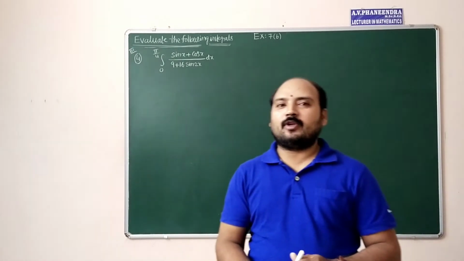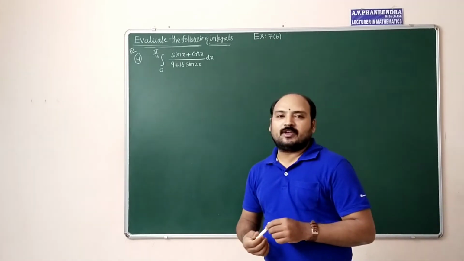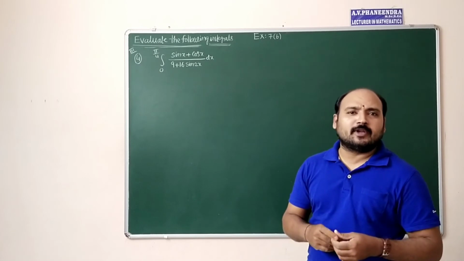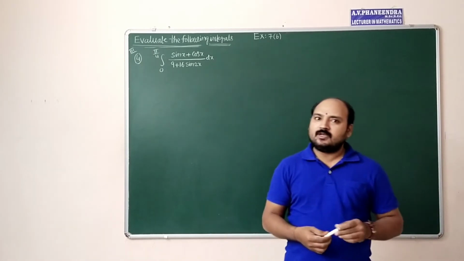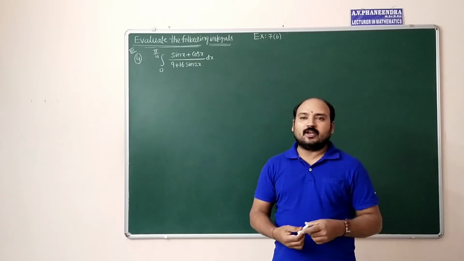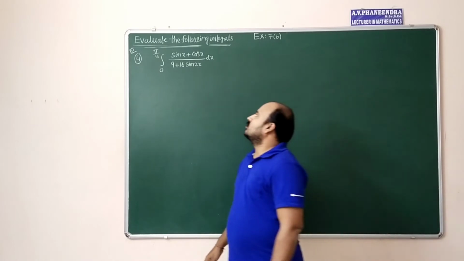In this episode, we are going to discuss exercise 7b questions. We are in third bit, question number 4, which is very important for public examination in intermediate as well as in CBSE 12th class, also in integration, in definite integration. We have this very important question. So let us have a discussion.